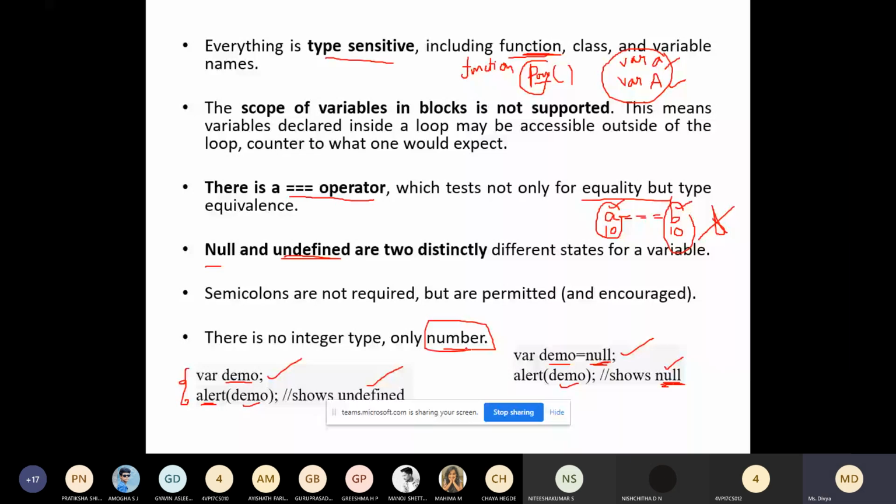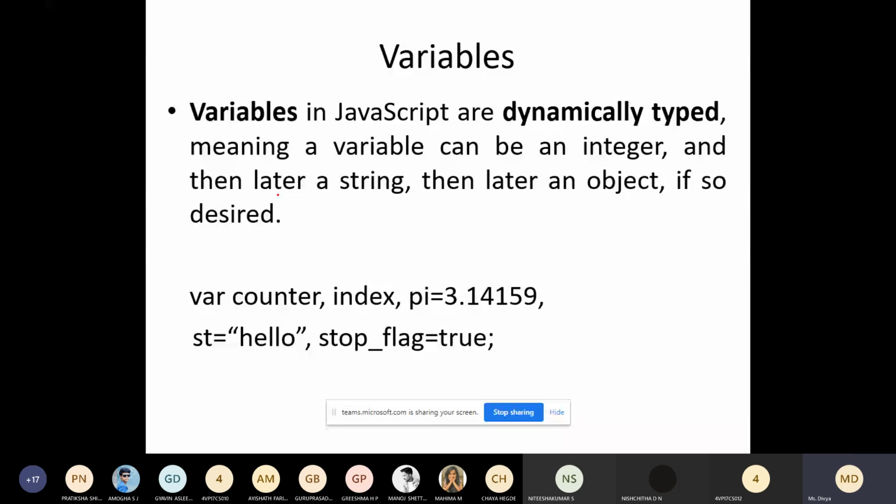Next, how to create a variable. We have already studied this in the lab. Here you can see we have created a variable with the name counter with the keyword var. There is one more variable, pi, assigned with a floating point value, so the type of pi is float.